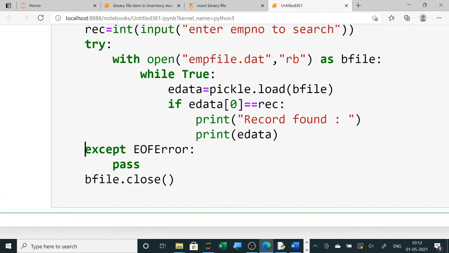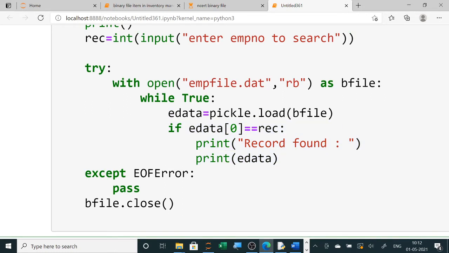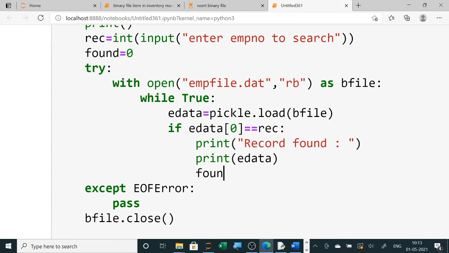To search what I have done, same display function I have copied, and after loading or reading I am using one if to check, and then I am printing it. Clear? Here you can do one more thing. Suppose the record number is not there. Now here you can use one variable found equals to 0. Found equals to 0, and if you found the record, then you can write here found equals to 1. And if you don't find, suppose your task is over, after coming out from this, now I am coming out from this,